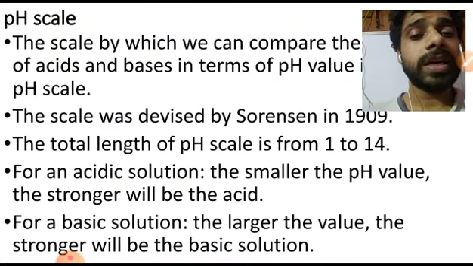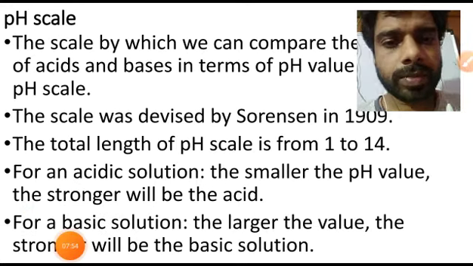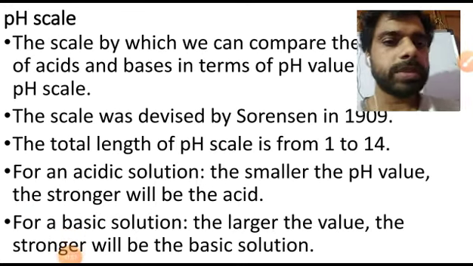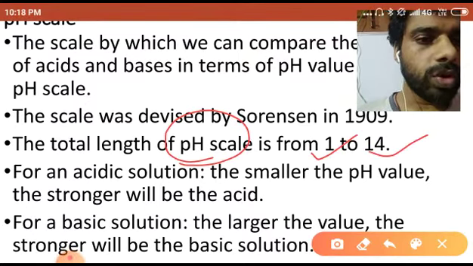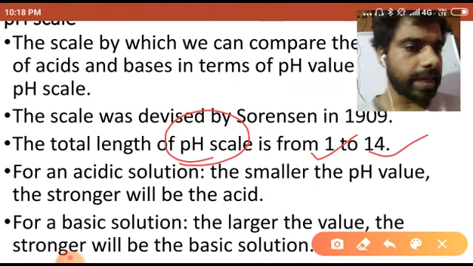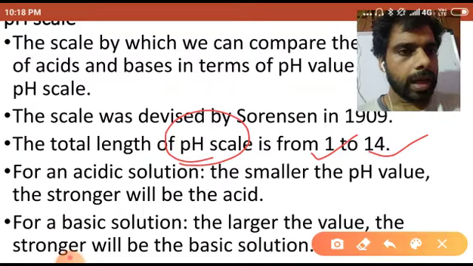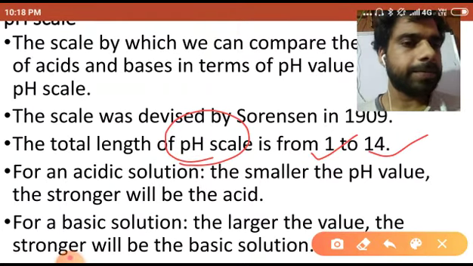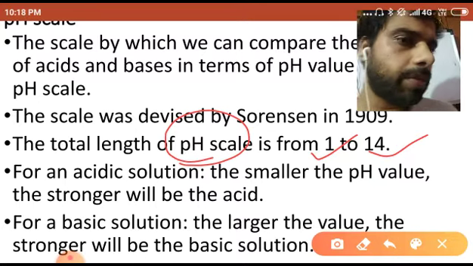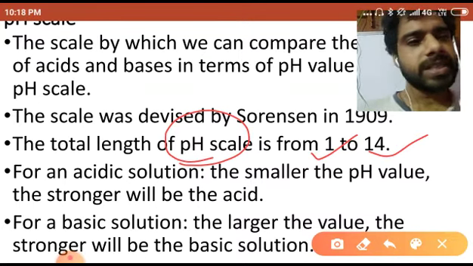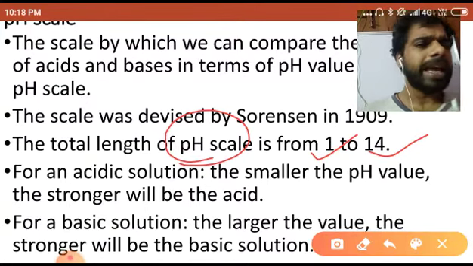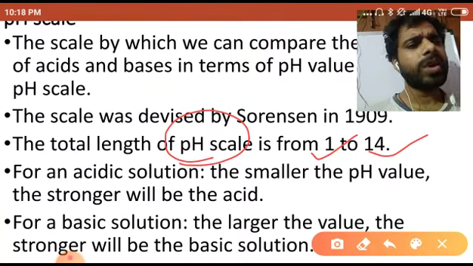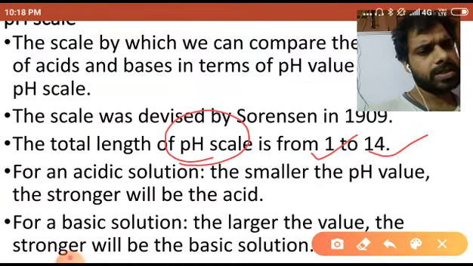Now you can see, dear students, I will tell you some things. Here it is written that the pH scale ranges from 1 to 14, which you have seen in that pH scale. You must note that down. If I have calculated pH from minus log of the hydrogen ion concentration, if I have calculated H plus, or I have the data of H plus, and that data shows a large value of H plus, that means